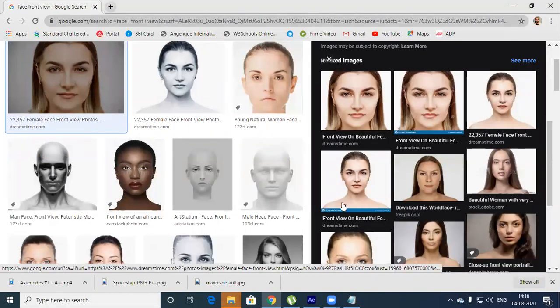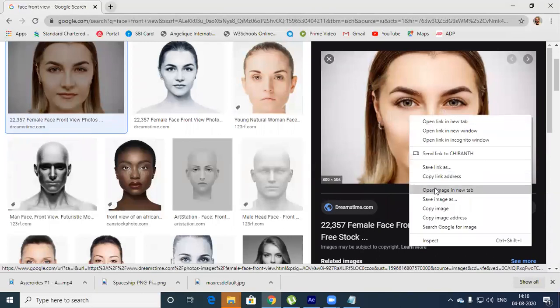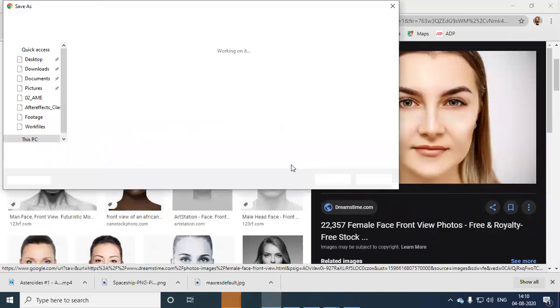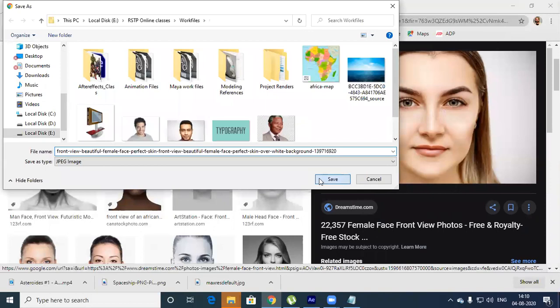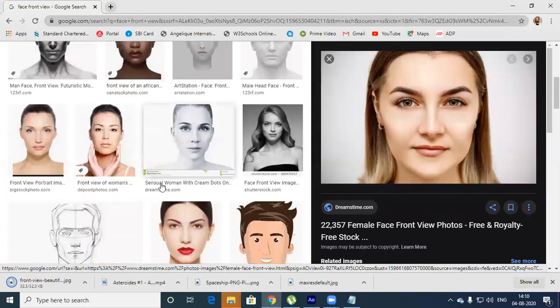You can take another character, means one person's face is this one.